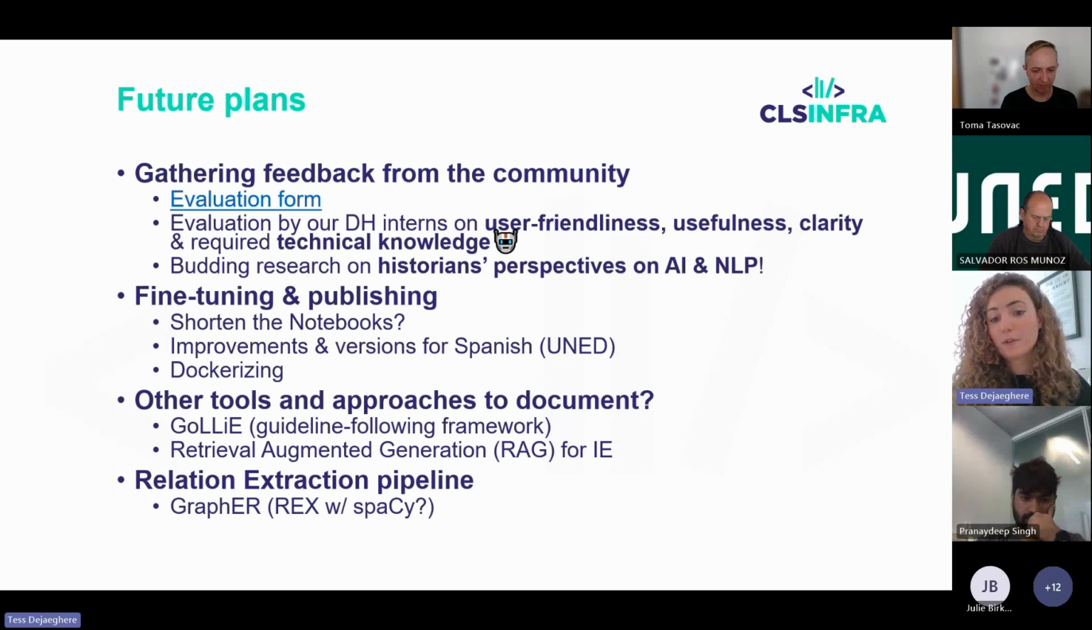And then some of the next steps are to talk them over with the Spanish team at UNED to see where we can improve them, where we can make different versions for other languages, such as Spanish, for example. Maybe we can, as we had discussed prior, publish them as a Docker instance. And we can always have a look at some other tools and approaches that we can document. And then the next step is, of course, the relation extraction pipeline deliverable, where we are also going to discuss this together with the Spanish